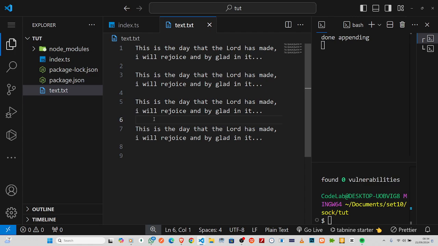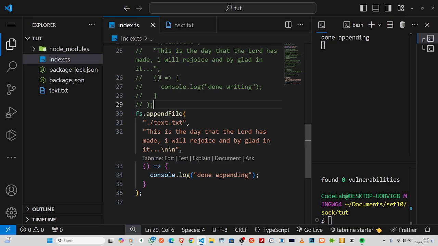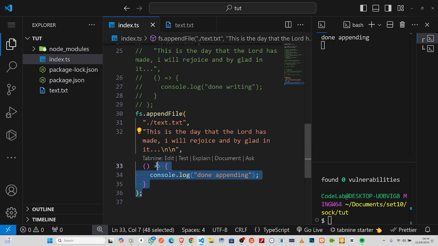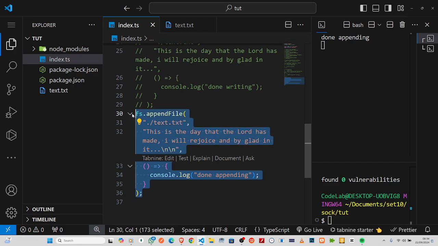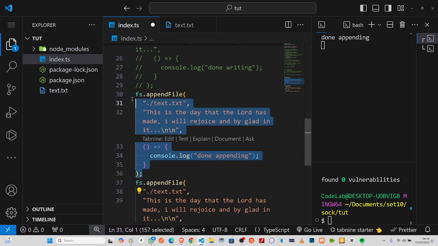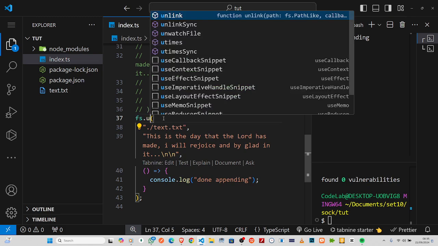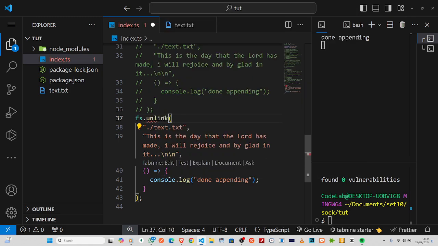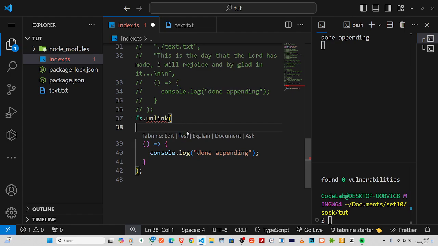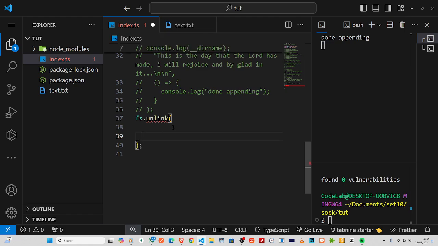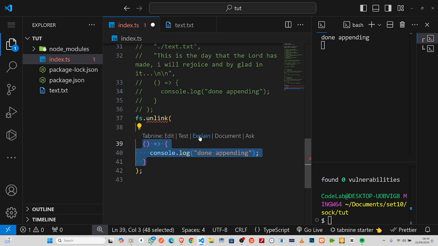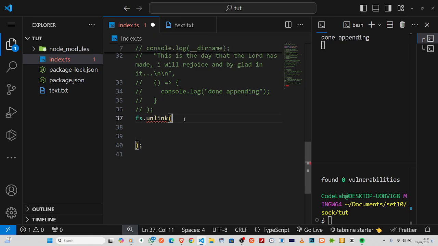So we do CRU, the last will be D, which is to delete. So if I come here, let me just comment here. So to delete, we will use unlink, right? So of course unlink needs to take just one thing, right? So let me just remove all this first, right? Oops. So I want to remove all this, then